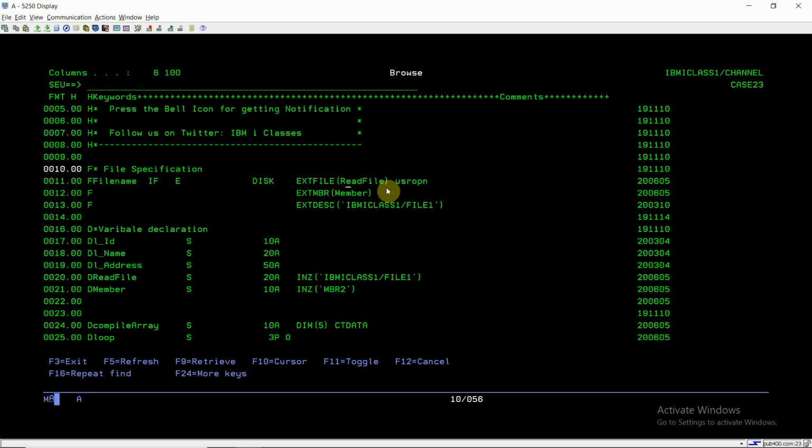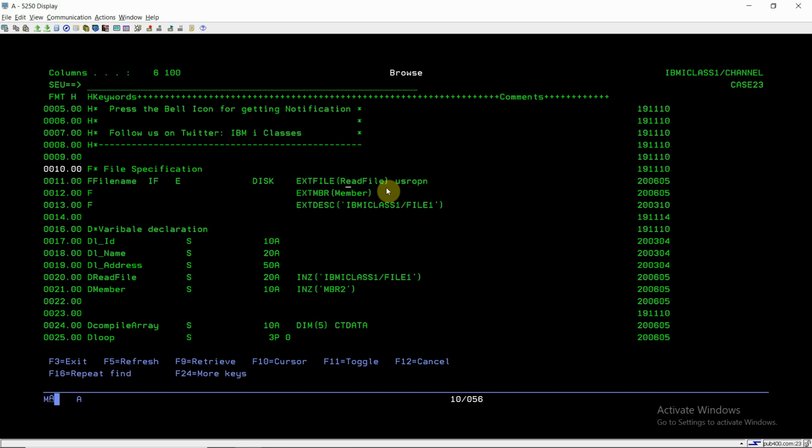Now the first important thing here is that we need to define our file as USROPN. Why in this case? Because we are not reading only one member, we are reading multiple members, and we are not calling this program again and again. We just call this program once.